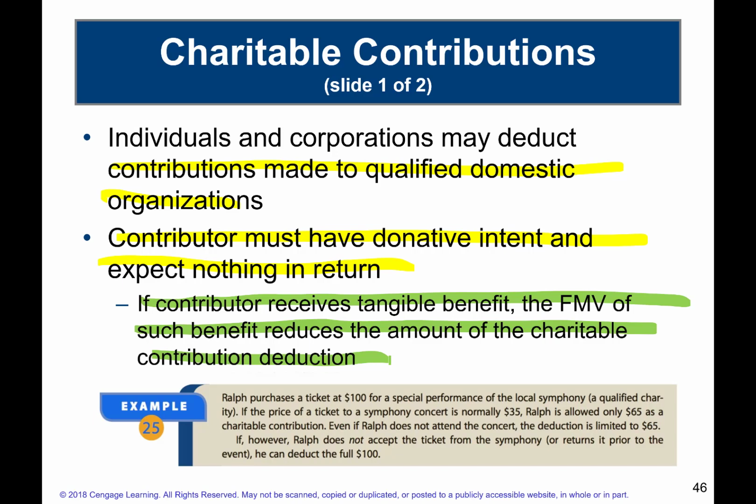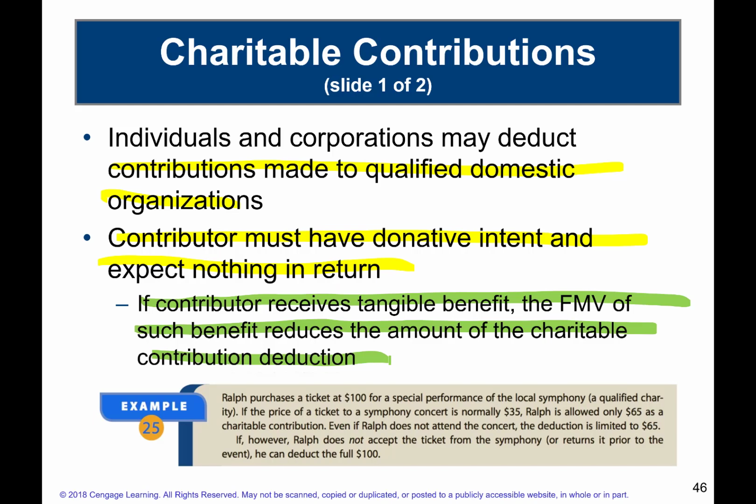You guys ever been to one of these silent auctions? Ever been to a silent auction? A silent auction is you sit there and you write down what you want to pay for something. Let's say they have a couple of Oakland A's tickets. I like the A's. So I sit there and I start bidding on these tickets, and maybe other A's fans are there, maybe people I know. We're all having fun trying to bid up these Oakland A's tickets. And let's say the tickets, there's two of them worth $50 each. And we bid them up to $175. Well, we're getting something back of value, right? Two tickets worth, what, $50, $100?